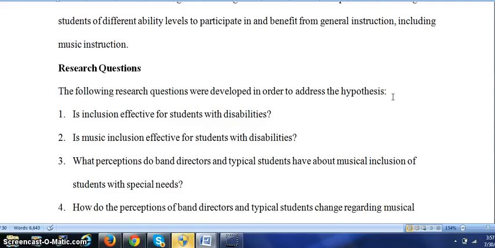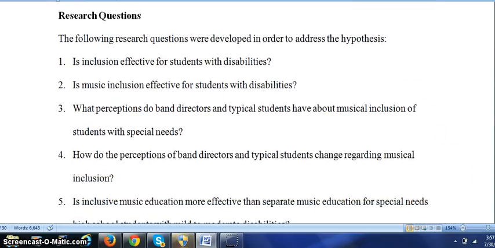But hear this. You will only have a hypothesis if you are using quantitative research, where you are trying to prove something. If you are conducting qualitative research, you are only looking at trends. You're looking deeper into the subject matter. You're not trying to prove anything. And that's also true when you look at your research questions.